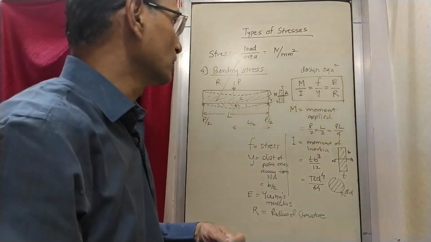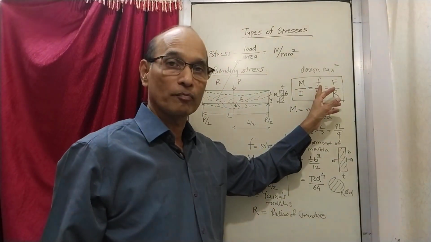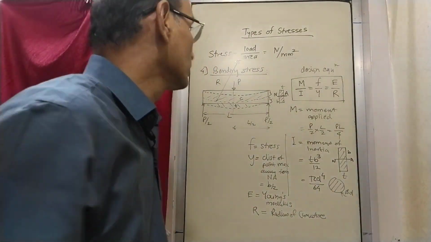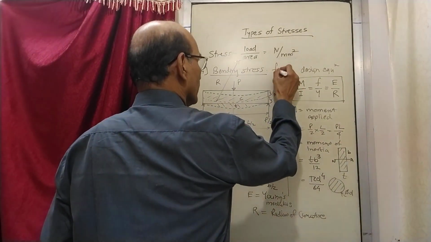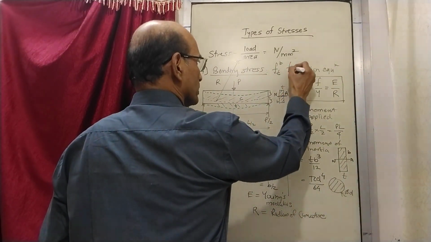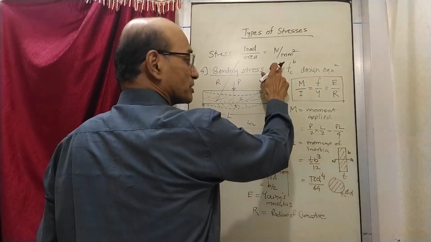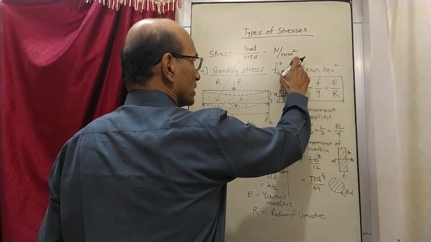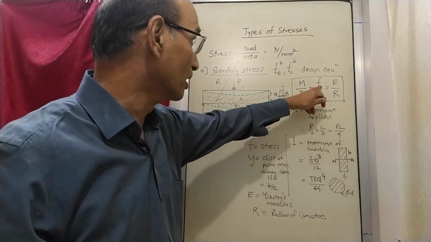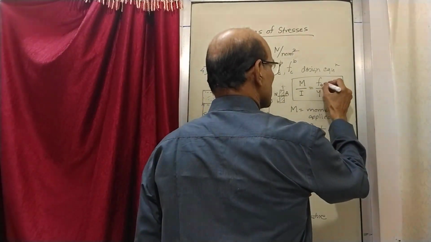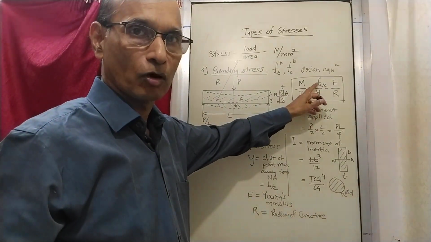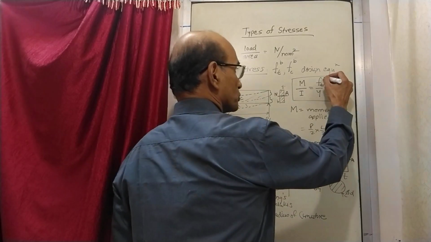and in this design equation the tensile stress or the compressive stress, it is written here, and that is called a bending stress. So what is the bending stress? Bending stress is FTB. We show it like this, FTB, or it is FCB. T stands for tensile, B stands for bending, C stands for compressive, B stands for bending. So bending stress is either like this or like this. Either it is T or C. It is not T by C, it is T or C. So this is the tensile stress or compressive stress of a bending type.